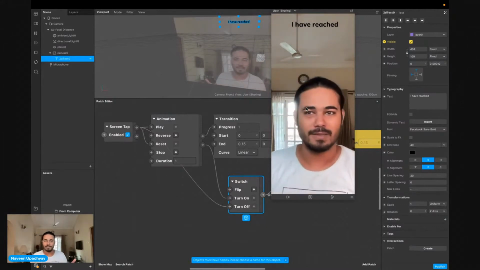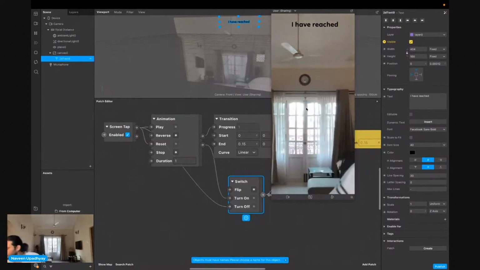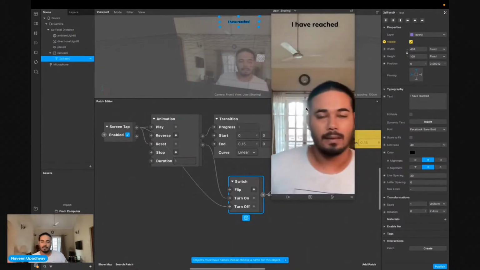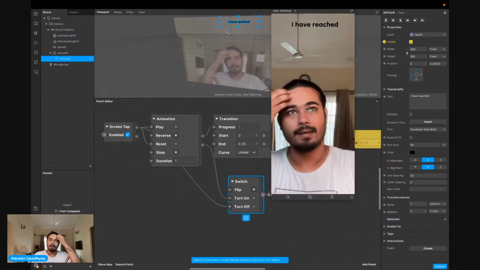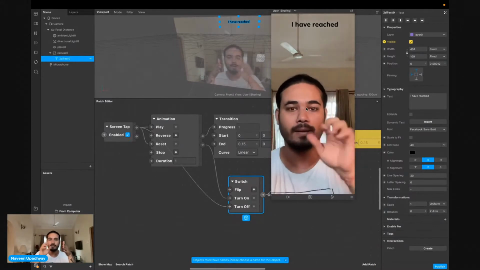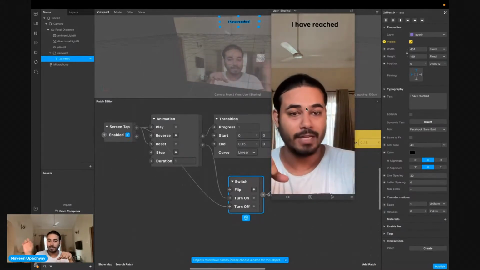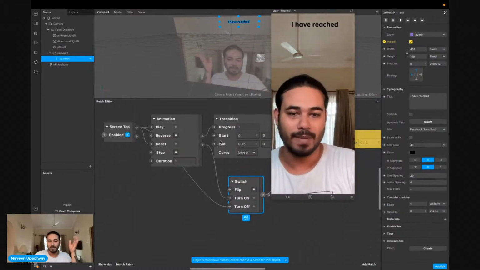Can we do that? Of course, we can do that. So we can have a simple plane on my friend's screen as well, and when this message tells him that I've reached, that plane can start playing from here.